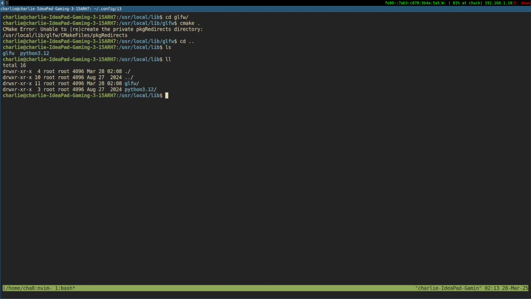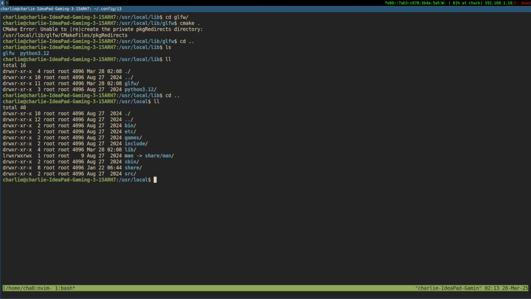The lib directory has read, write, execute for only root.